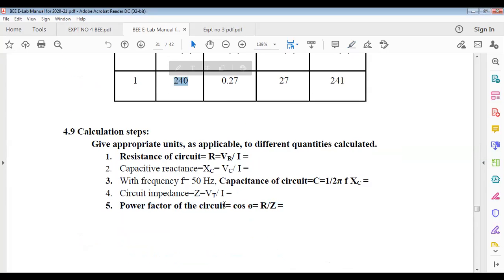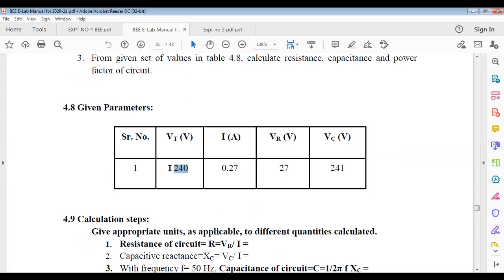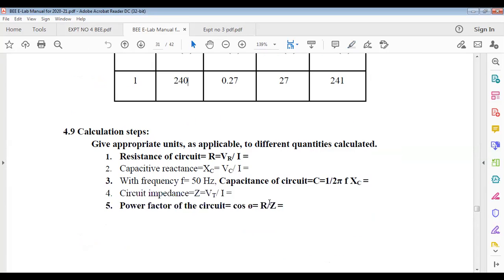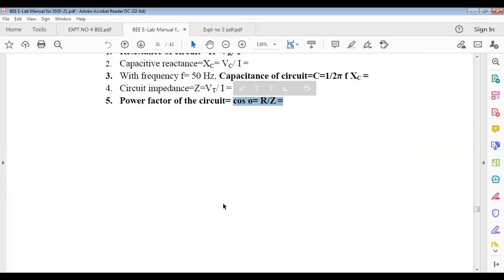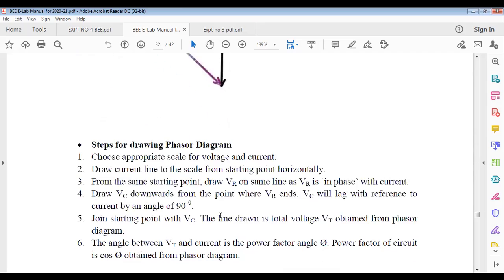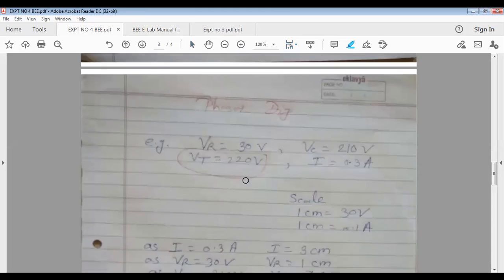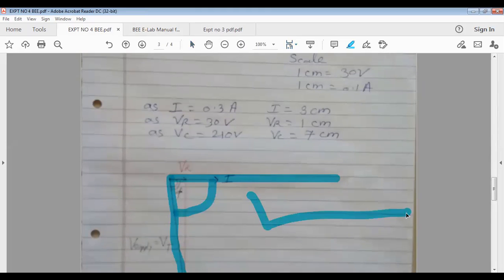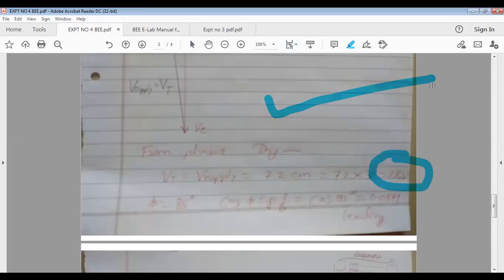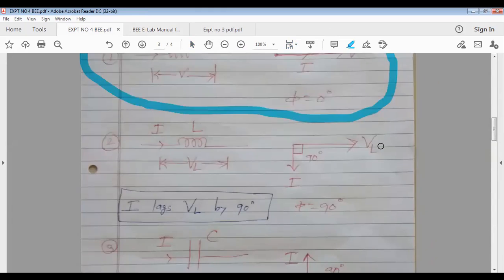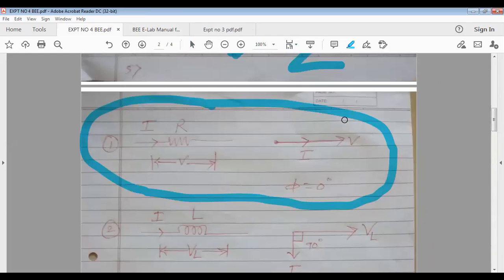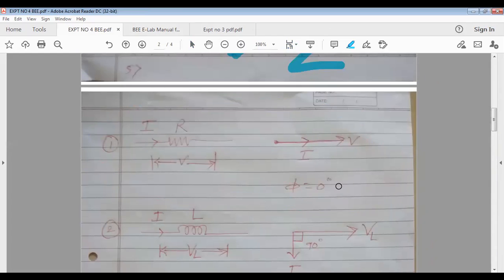So the phasor diagram we are plotting here is to cross check the value of supply voltage. Approximately the same you will get as in the observation table, and cos phi in calculation. For that we have plotted the phasor diagram, and you will be familiar with how to plot the phasor diagram for a single phase AC circuit. Any difficulty up to this? No. Okay, we'll go for the next.